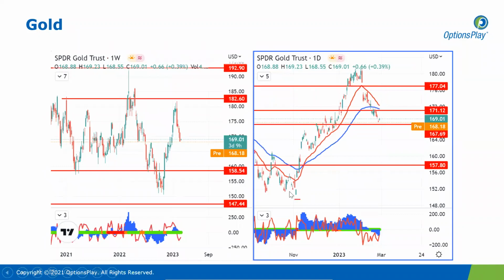And yes, we saw a lot of momentum and rotation into gold over the last few months as investors were naturally fearing, we're having a lot of recession fears. But since then, we have seen a significant pullback. I still view this pullback as a good buying opportunity for gold. We just need more bullish confirmation. So after this pullback, price broke below two key areas of support at 177 and 171. And we are seeing a little bit of a bounce from that 167 area of support,